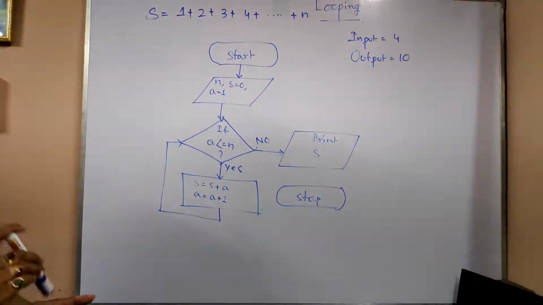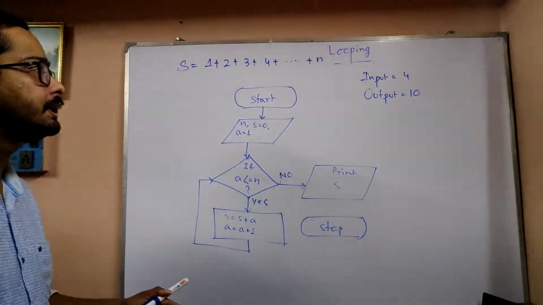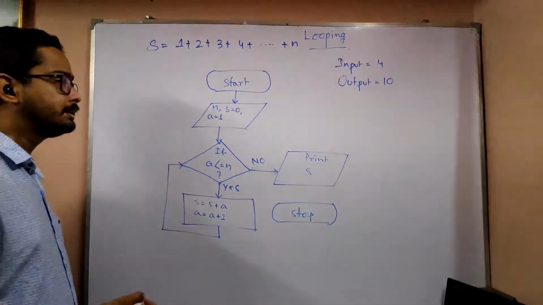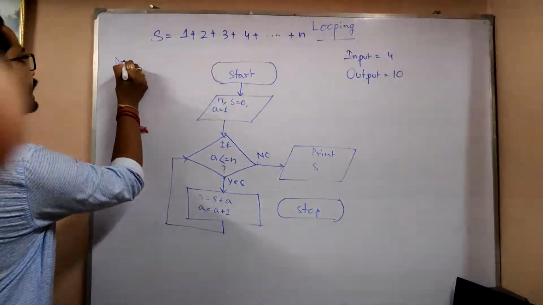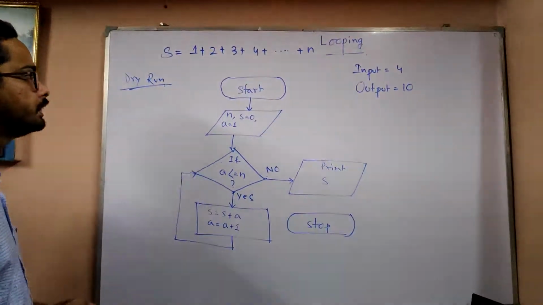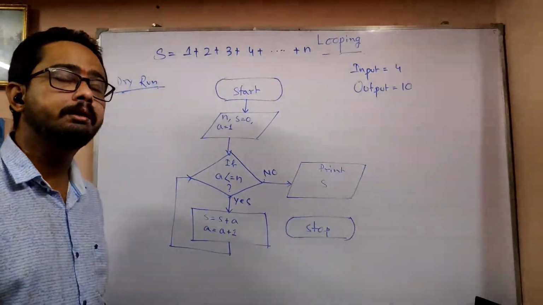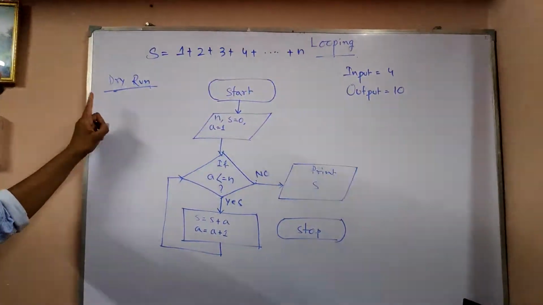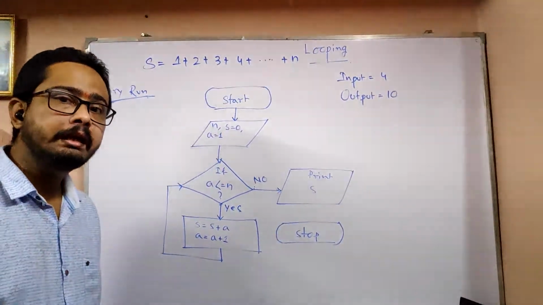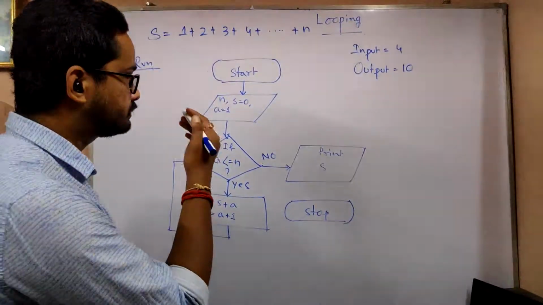Explanation is a part that helps to explain, and this part I will explain with the help of dry run. There is an oral procedure known as dry run. Those who are students of programming, students of computer science, those who are doing programs, this is very much important, that is dry run. If you learn dry run, you can easily compile your own program with the help of this dry run.